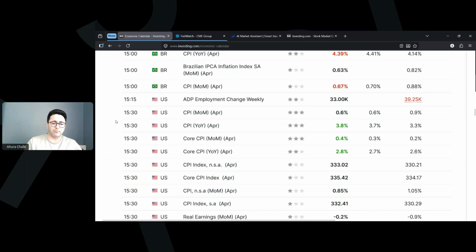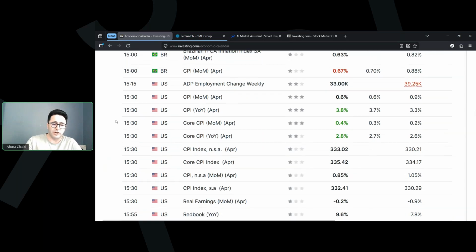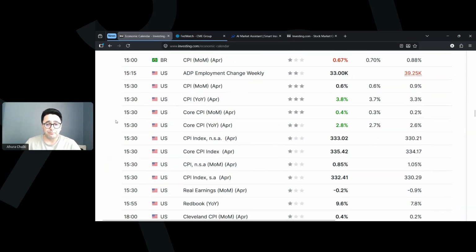watched much more closely. Anyhow, Tuesday's market focus was the U.S. inflation numbers, and we got a big surprise in the United States. We saw that inflation on a monthly basis increased by 0.6%, in line with expectations and slightly lower than the 0.9% that we had in March. But looking at the annual scale, the U.S. inflation jumped to 3.8%. The 3.8% for the United States of America, that's a very huge number.